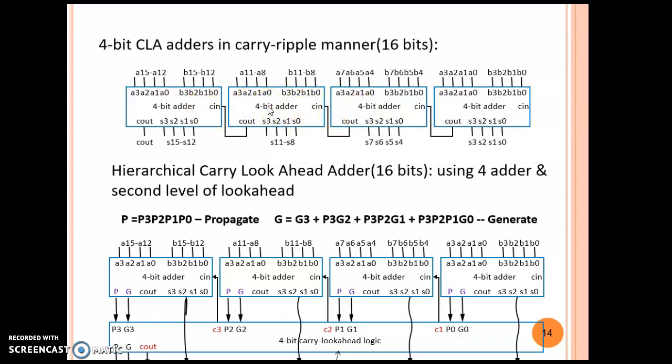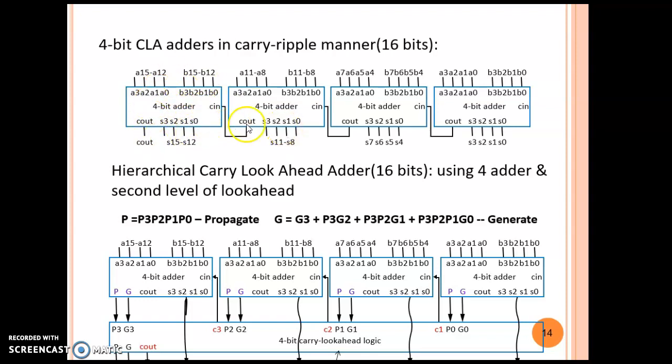But here, as we know in ripple carry adder, individually this is fast, this is fast, this is fast. But what is the problem? The C out, the carry of the first stage, is acting as the input to the carry in of the next. So C out will be calculated depending upon the P. This is a carry look ahead adder, so C out will be calculated very fast. It does not depend upon all the carries being generated, but when it is given over here, and after calculating it is given over here, and when Cin is present, then this calculation will be done.